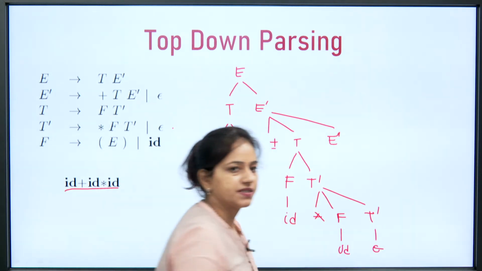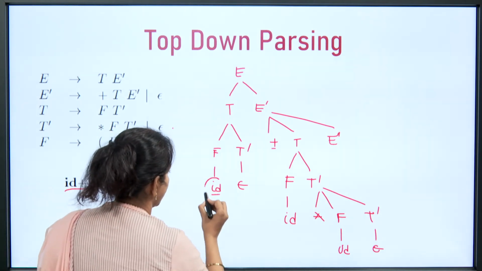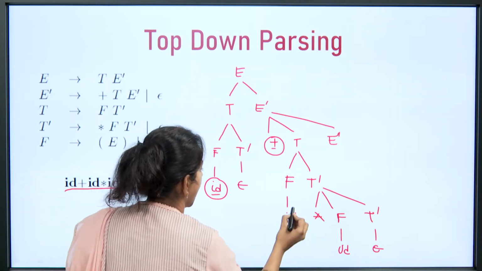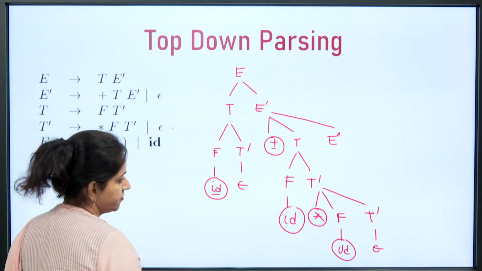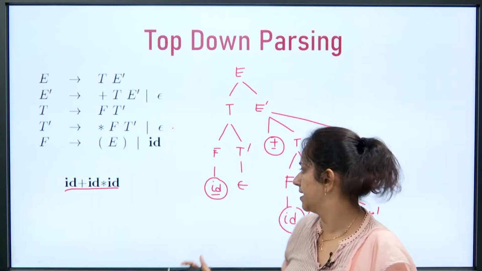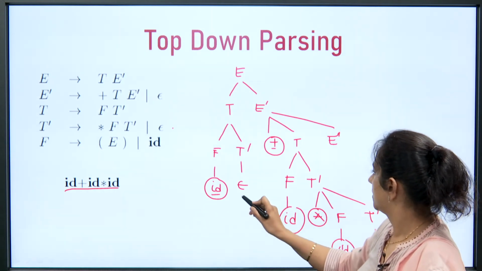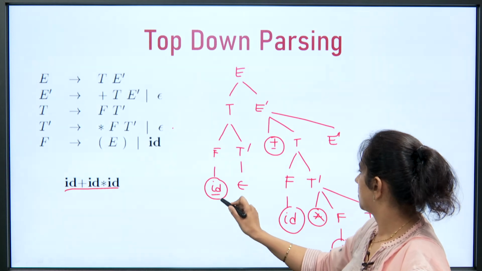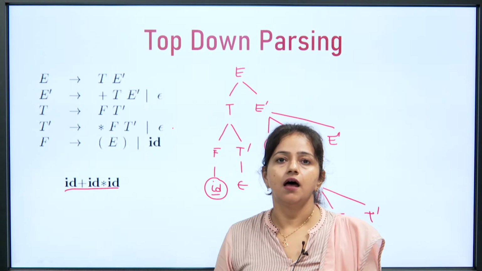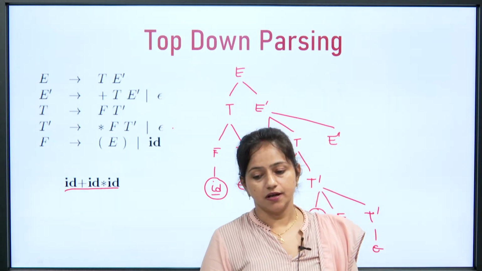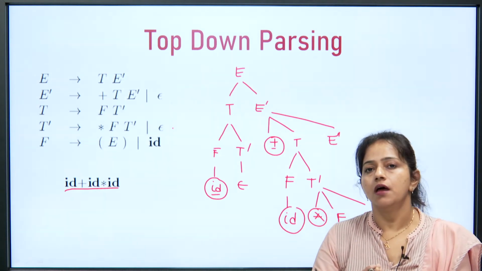that is epsilon. So, here if we look at the leaf nodes, what we are getting: ID, then plus, then ID, then multiplication and ID, and epsilon will be the reflexive case, that ID epsilon will give you ID only. So, ID plus ID multiplication ID. So, this is the idea for top down parsing, and when we are doing the parsing, the focus is on